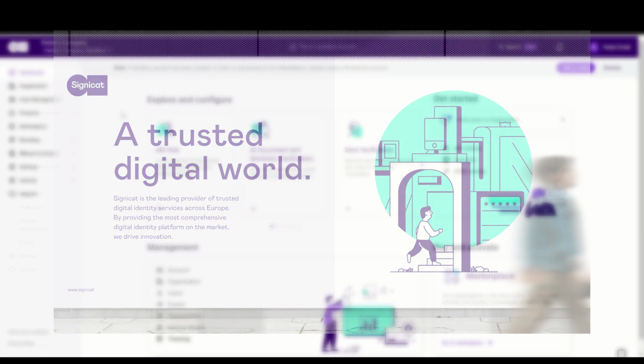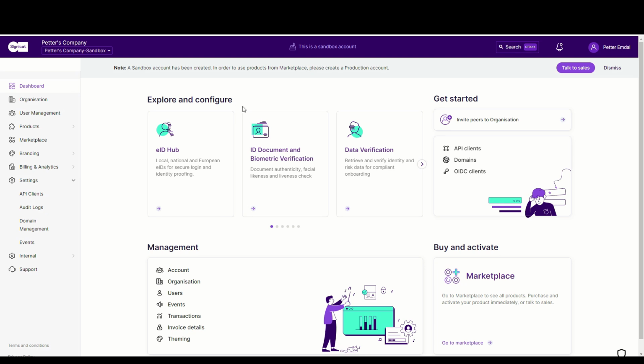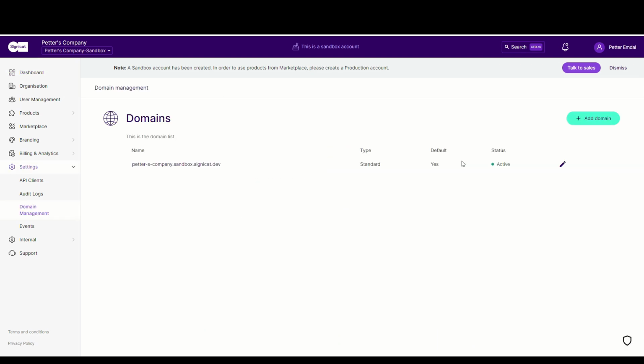Before we can enable this, however, we need to make sure that we have at least two components set up. The first component you need to set up is a domain. In order to get our Authentication REST API working as intended, we need to have a domain configured. If you don't know how to configure a domain, please consider watching our video about domain setup in DTP.